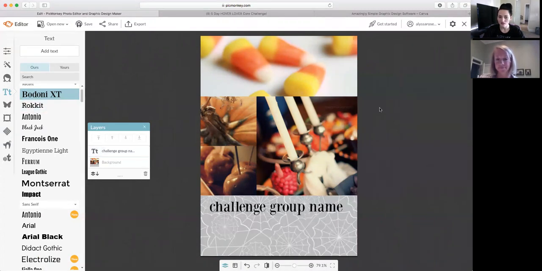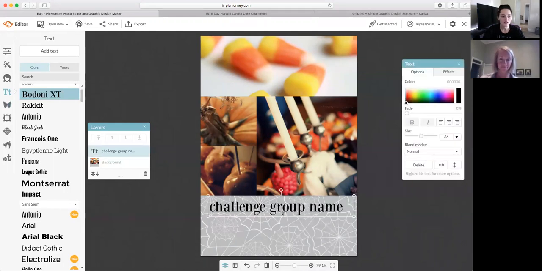All right, so that's Picmonkey in a nutshell. I mean, there's so many good features on here that you can play around with, learn, and really start rocking your graphic making and make some really eye-catching designs that are going to have people say, hey, what is she doing? What is that? I like it. And yeah,